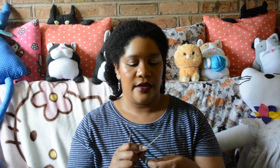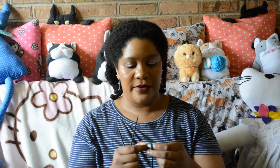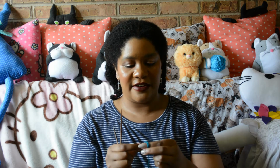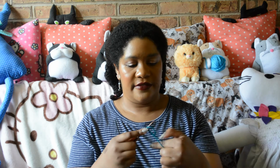So the bow that I made for the elephant, I cast on 8 stitches with a 2 garter stitch border, but I want to do longer than that. Let's do 12. I'm just winging this, guys, just so you know. I have no rhyme or reason. I just want to make a cute little bow that's knit, in a color I like, using some yarn that I already have, so I don't have to get any more. And since this animal is not a natural fiber, I can use my acrylic. So I'm just going to cast on 12 stitches